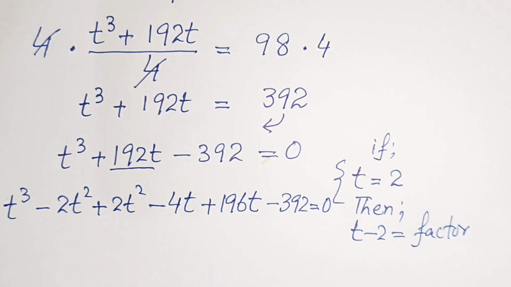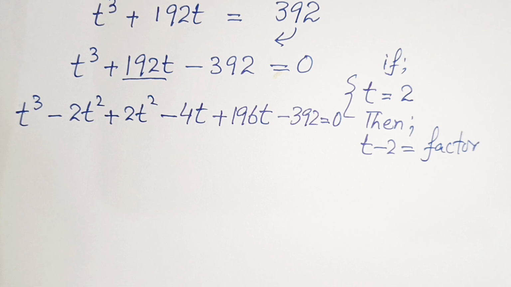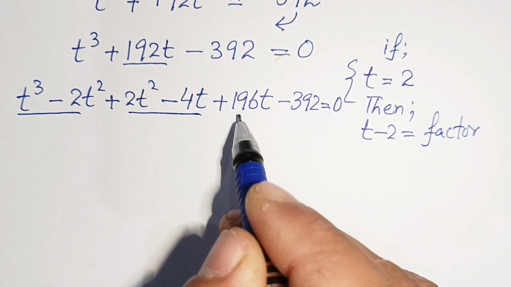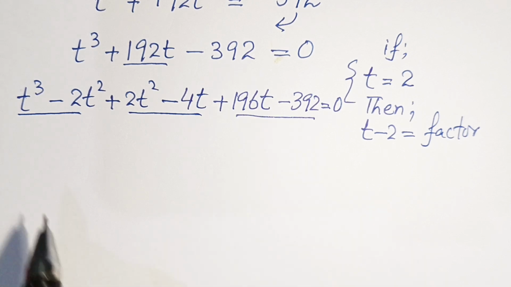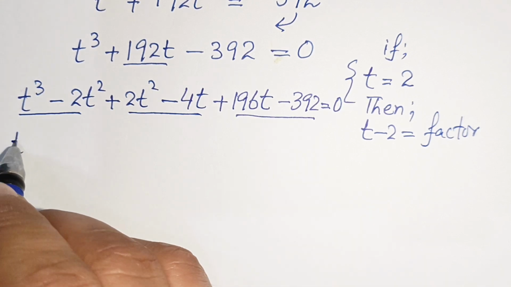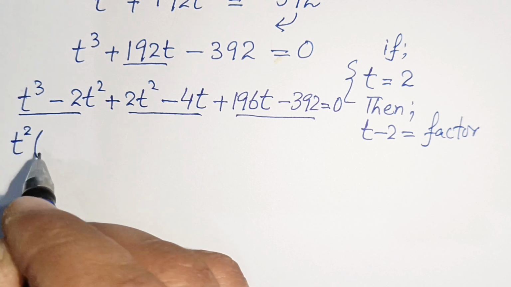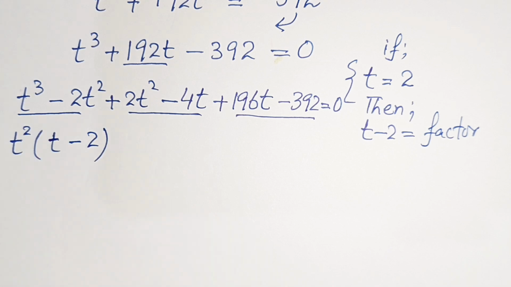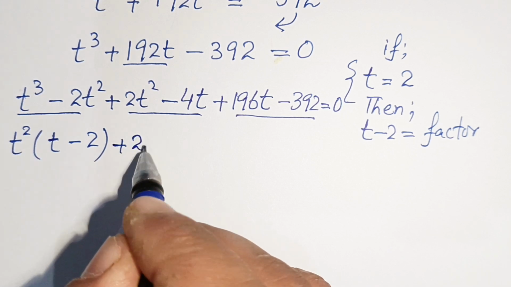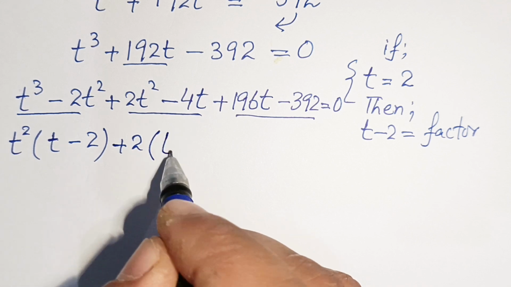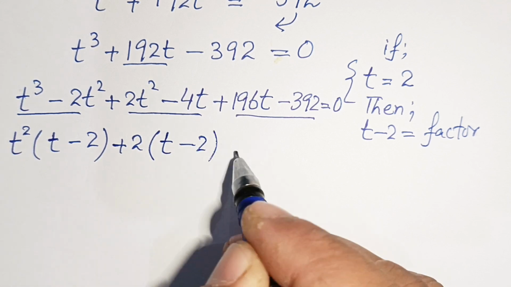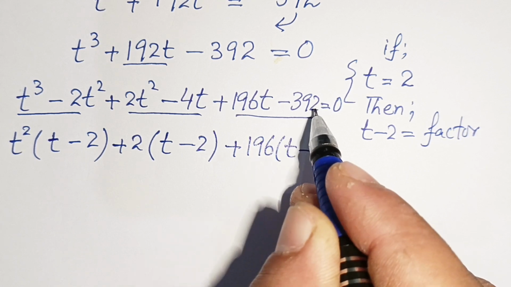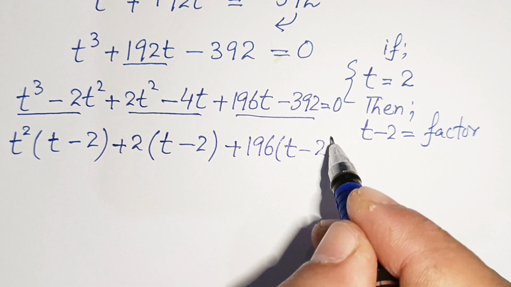Now our next step will be, here if we just write that t cubed, it is our first pair, it is our second pair, and it is our third pair. Here we just take t squared common, so we get t minus 2. Here we get t minus 2. Similarly, plus 2 is taken common from this pair, we get t minus 2. And here plus 196 is taken common, we get t minus 392 divided by 196, we get 2